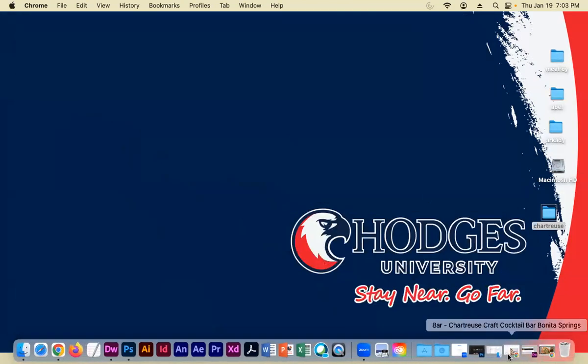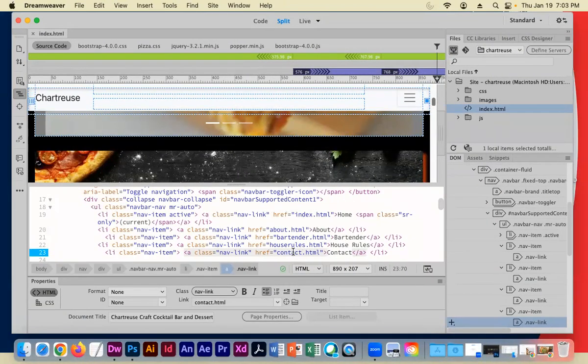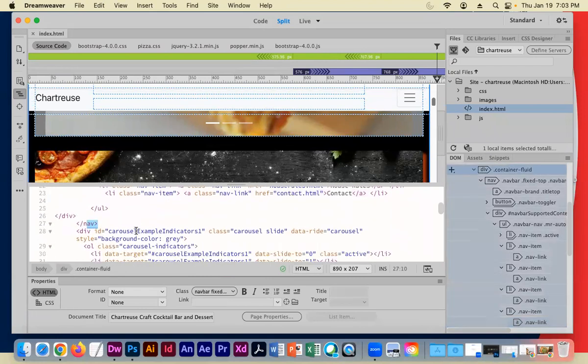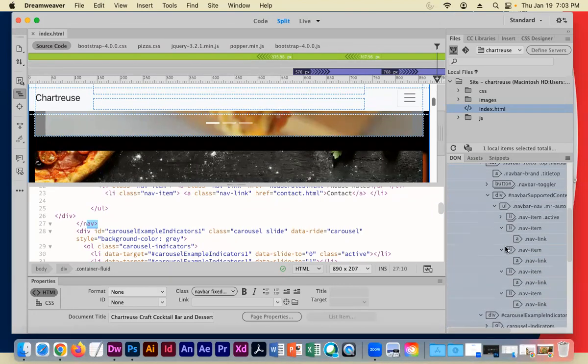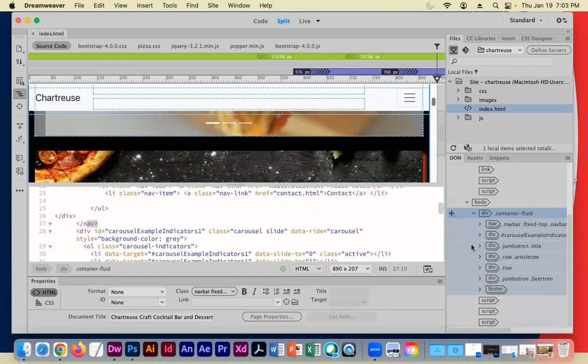I'm able to set up my navigation for the beginning of my page exactly the way I want it. I'm going to scroll down here a little bit. You'll see that the nav is closed. And this is where you should start noticing things like IDs. So you're going to see this carousel example indicator ID, right? And it's a data carousel. The reason that's important is I'm actually going to show you that these things are labeled in our CSS. And so you'll actually see that the navigation panel,